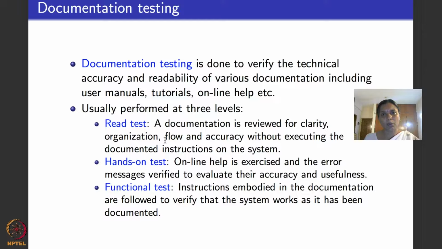Chapter is organized properly, sections are organized properly, the flow and the accuracy. This is just static documentation testing. Nothing is executed. Then there is something called hands-on documentation testing, where